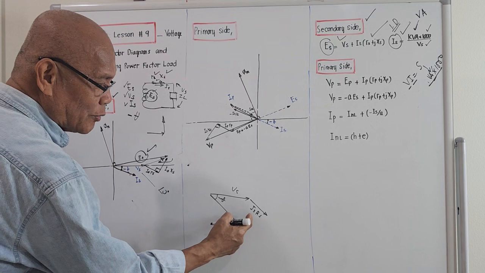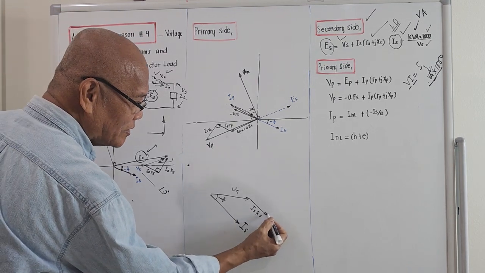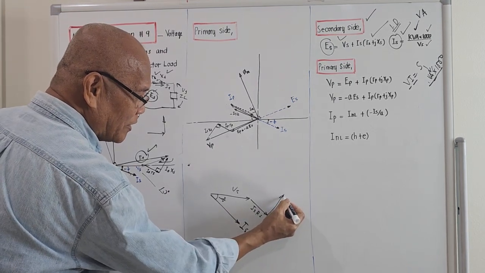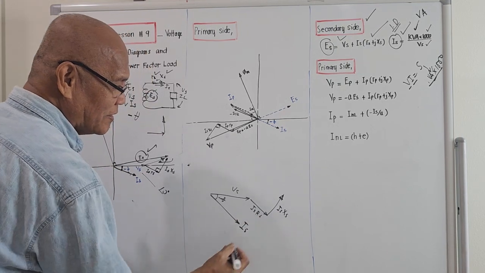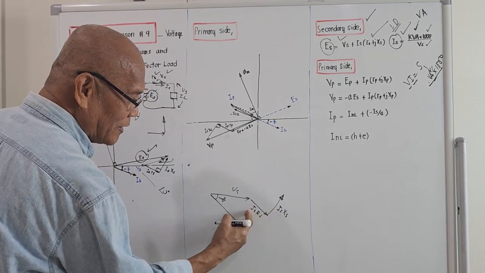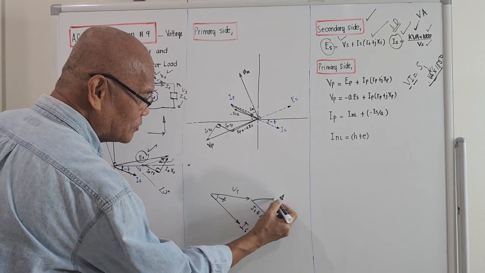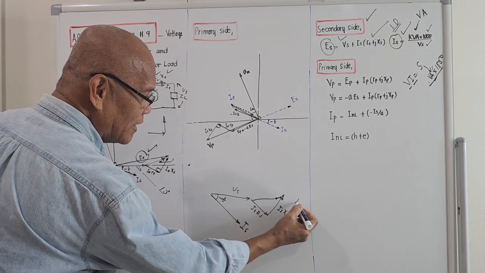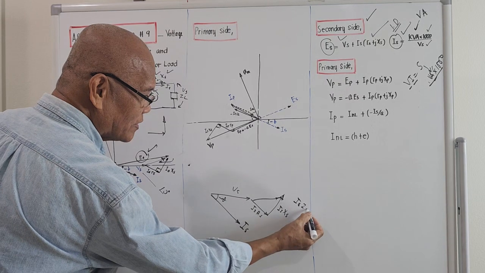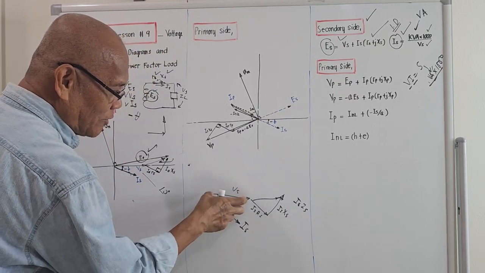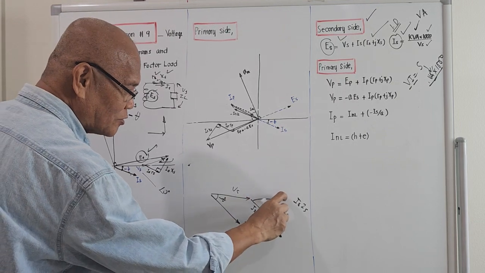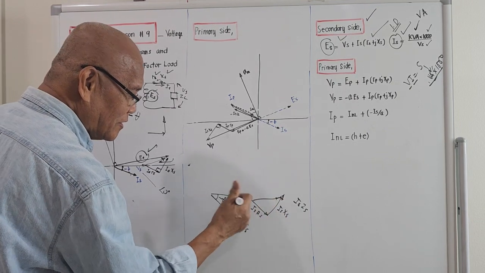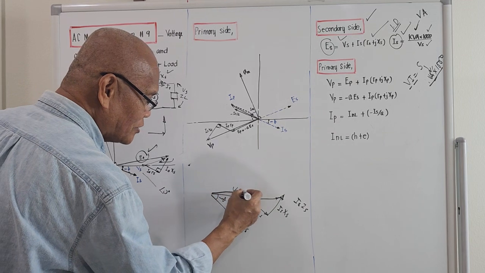And perpendicular with this I sub S, R sub S is actually the effect of the reactance. This is I sub S times X sub S, right? So the vectorial sum of I sub S R sub S plus this is actually termed as I sub S Z sub S. So the vectorial sum of V sub S plus I sub S R sub S plus I sub S X sub S. Okay? If we now try to connect this one,